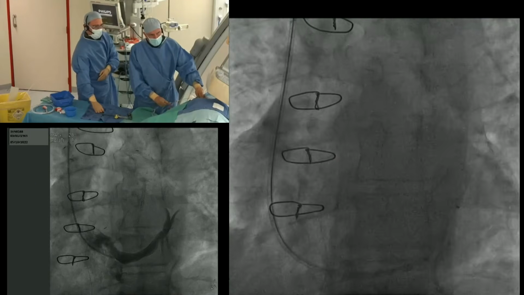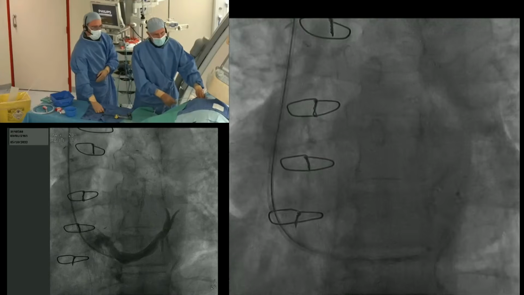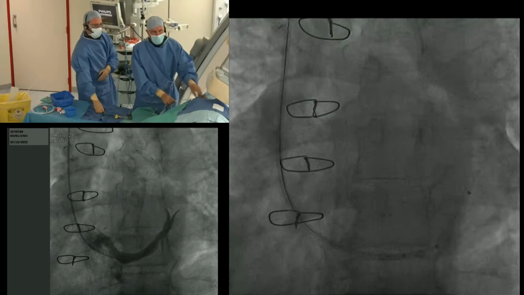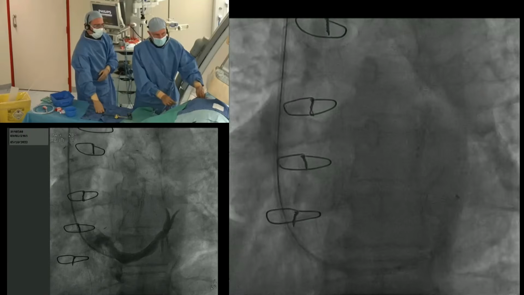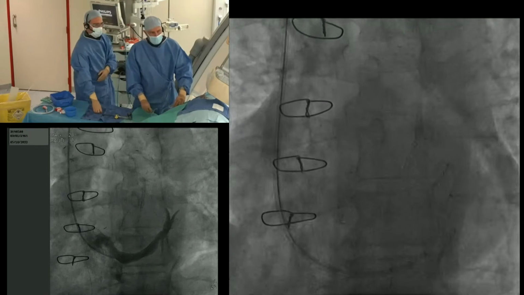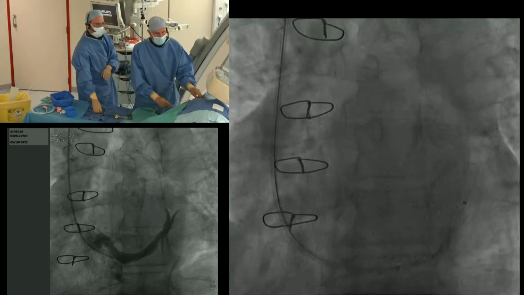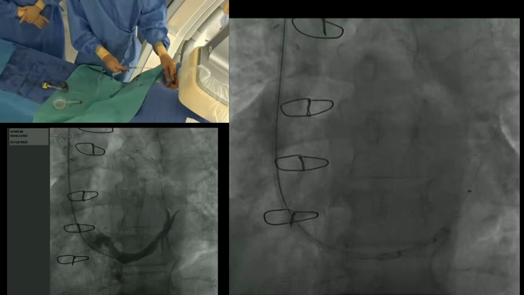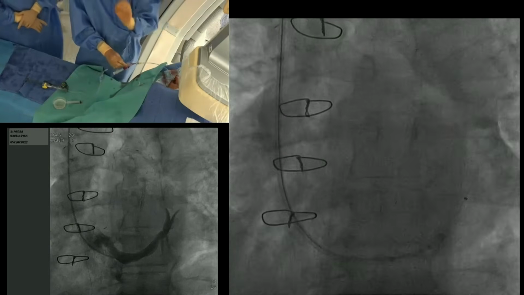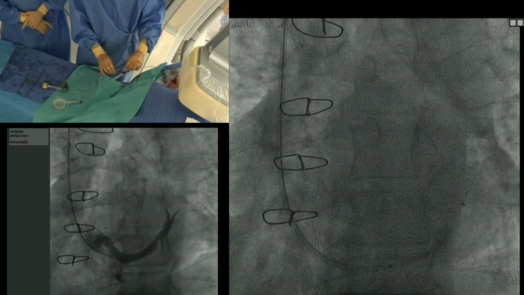So the idea is really to try to go a little bit deeper with the guiding, to have more strength to pull on the balloon and reduce the risk of embolization, and of course always keeping the wire in place. So it's the most important. Keep the wire distal. So as we discussed, Pierre, we are really now in the middle part of the device,